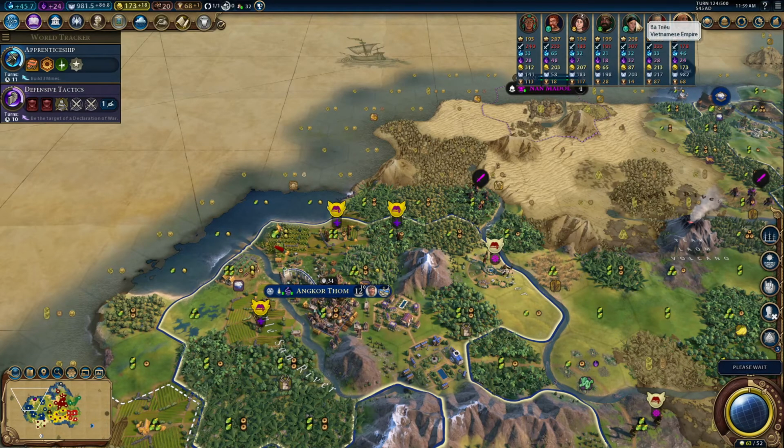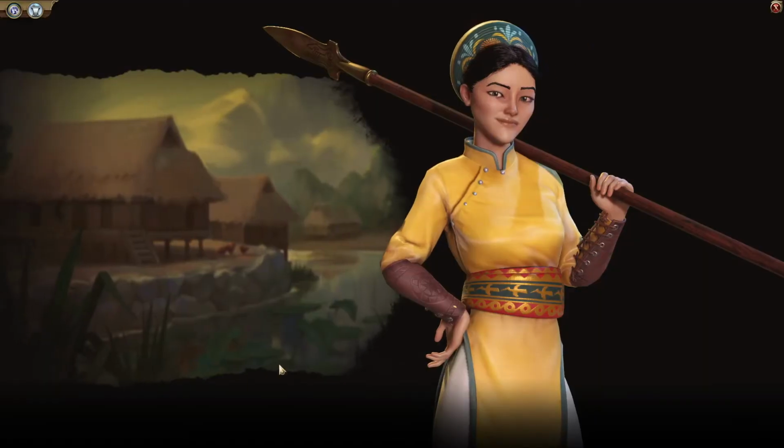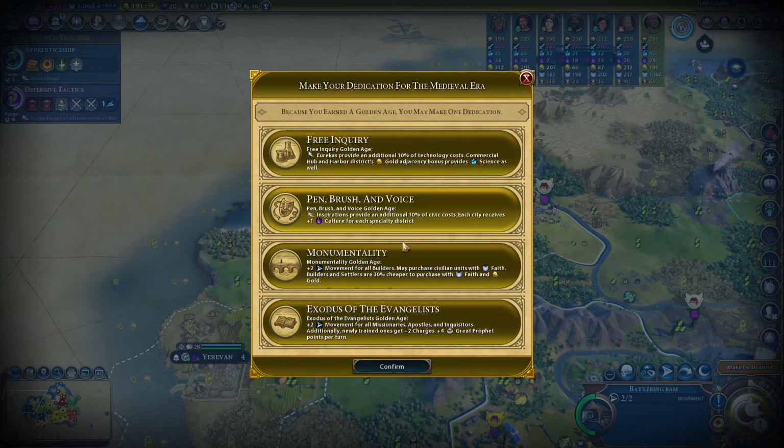I do want to ask Batriu to stop trying to proselytize me. I see what she's doing, and I definitely don't like that. Okay, any promises? That's not the promise I was looking for. I think she has to actually try to convert me first. So let's go with...